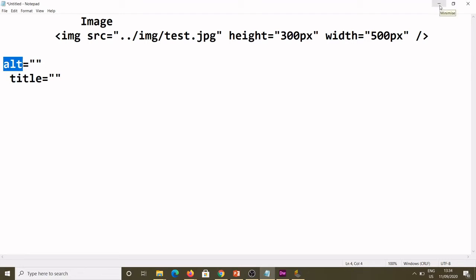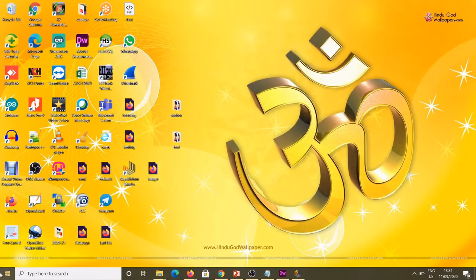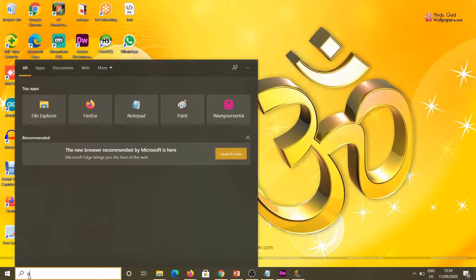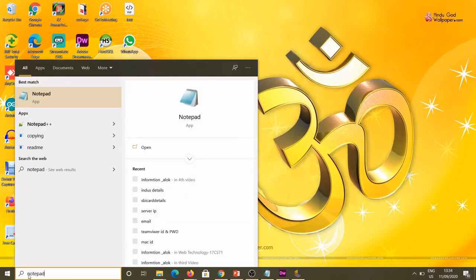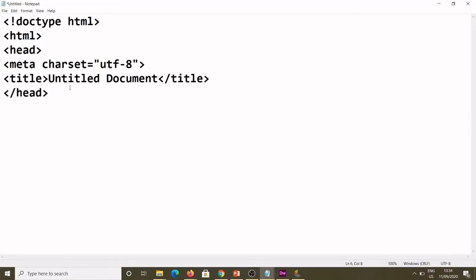So coming back, I'll show you one small program that is very simple. Start Notepad. In this one, this is HTML5. I can write the basic part here, and for the title I can give image display.